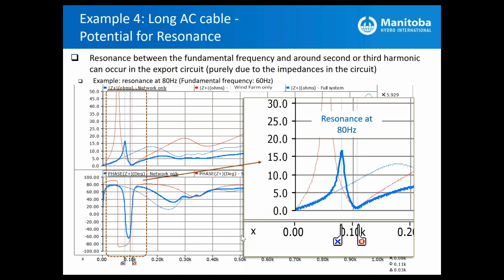It may contain shunt resonance impedances at rather low frequencies, between the fundamental and second or third harmonic. This was an interesting case for a 200-kilometer or 250-kilometer offshore scheme from the shore, and we